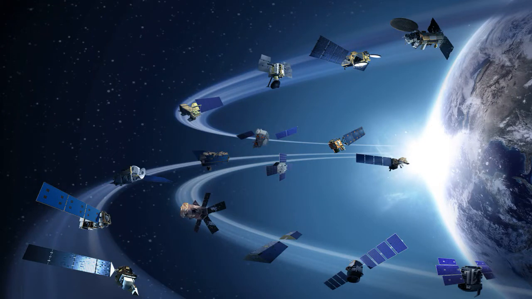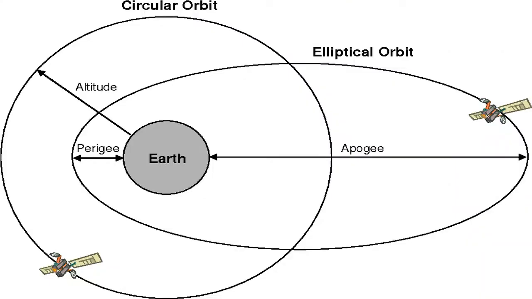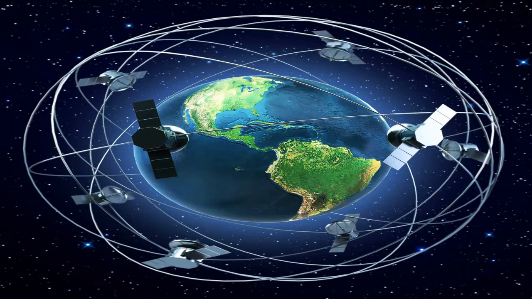Before we explore these types of satellites, first we have to understand different types of satellite orbits. Satellite orbits generally have 2 types. First one is circular satellite orbit. For a circular orbit, the distance from the Earth remains the same at all times. Second one is elliptical satellite orbit. The elliptical orbit changes the distance to the Earth. On the basis of distance from the Earth, circular orbit satellites are categorized as: